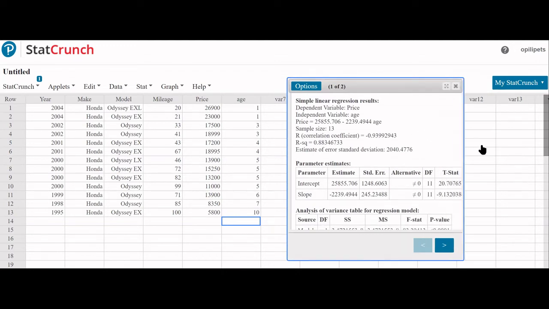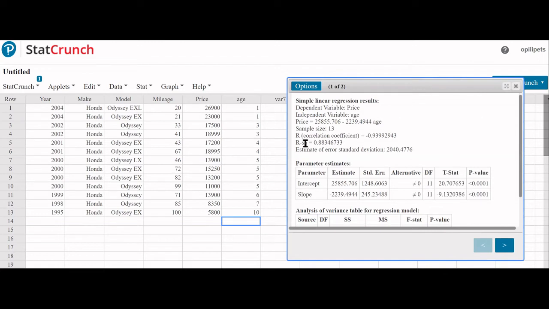Okay, let's see if I can make it bigger. Okay, so I found the dependent variable is price, independent variable is age, just like what I wanted. And here I have the equation for this model. Here my slope is right here, is 2,239.4944,